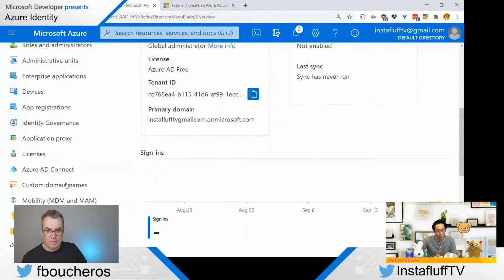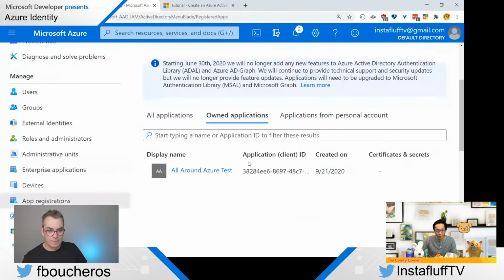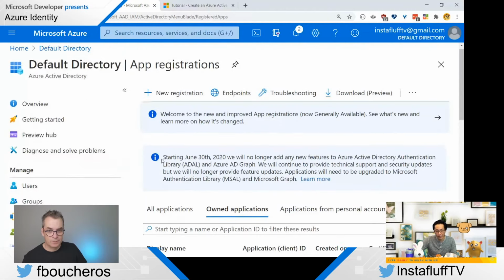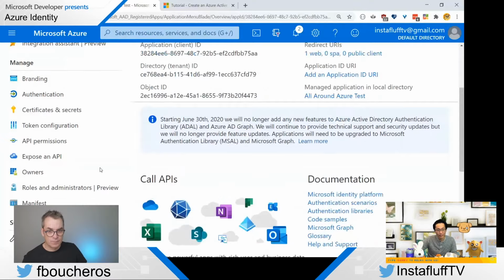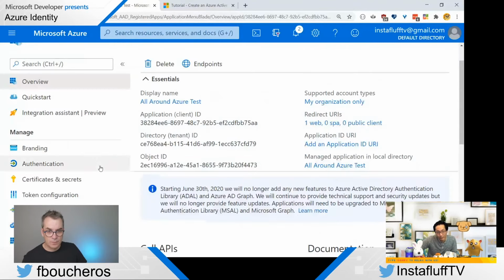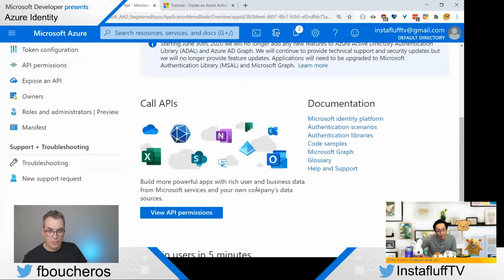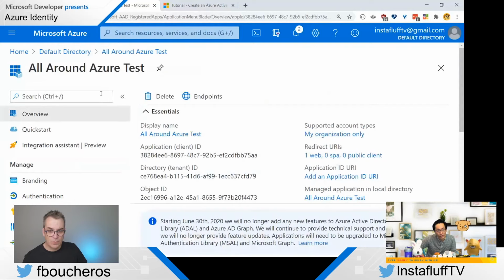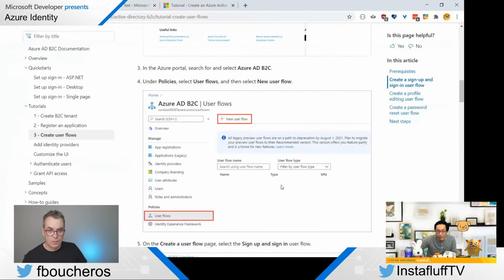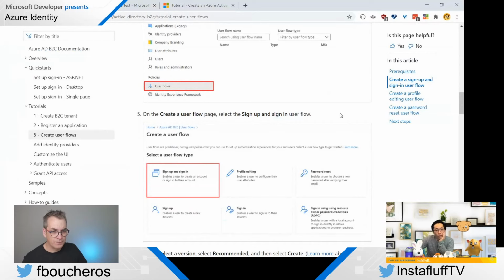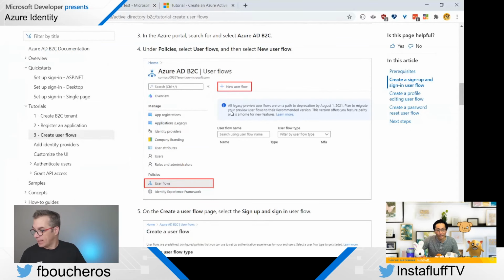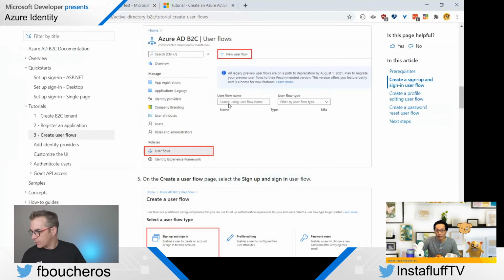And so we go to app registrations, and it has all around Azure. And so from here, I think if we click this, it still went to the same thing. Where did it go? That was the default directory. Oh. Let me open the page. Yeah. Sometimes the portal is a little bit hard to navigate. Well, they keep changing stuff, so sometimes it's a little bit harder.